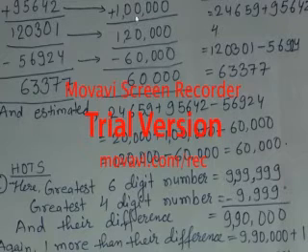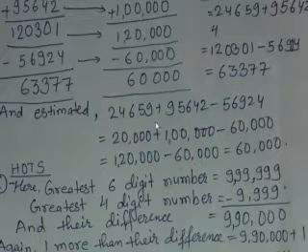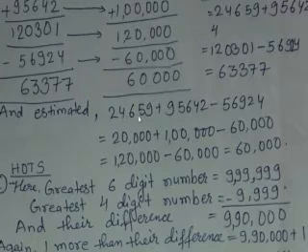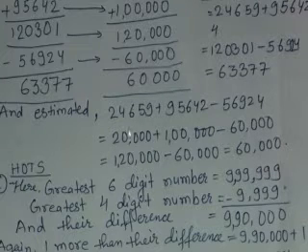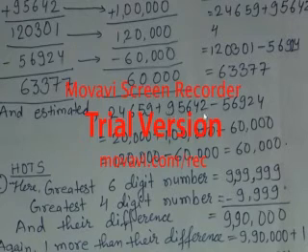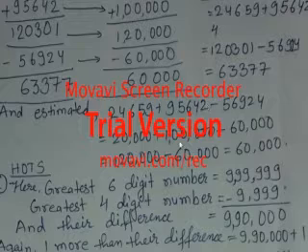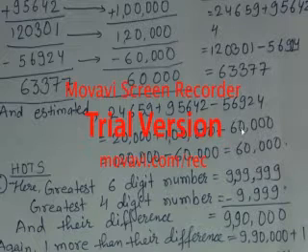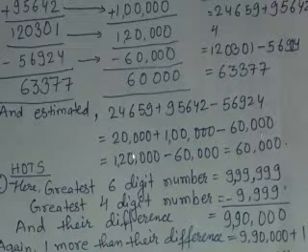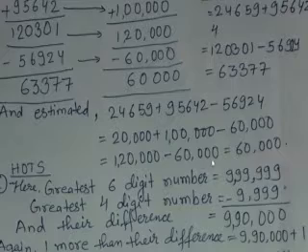And the same estimation I had written in simplification form also. You can see 24,659, when converted to the nearest 10,000, becomes 20,000, and when this 95,642 is converted to the nearest 10,000 it becomes 1 lakh, and when this 56,924 is converted to the nearest 10,000 then it becomes 60,000. So 1,20,000 minus 60,000 becomes 60,000.